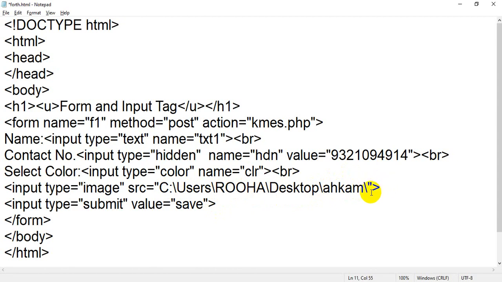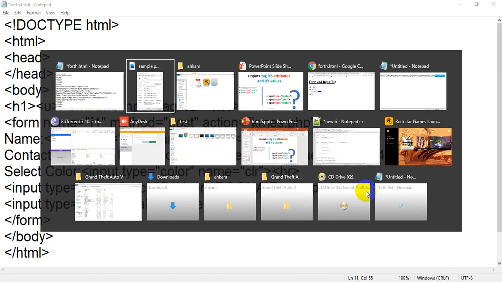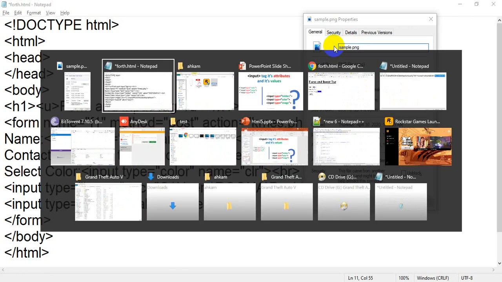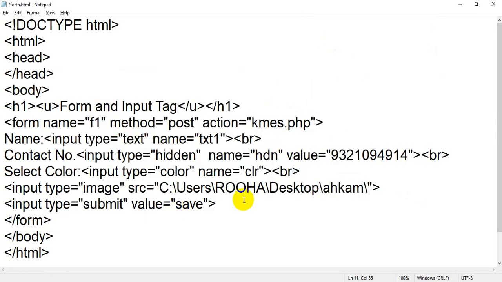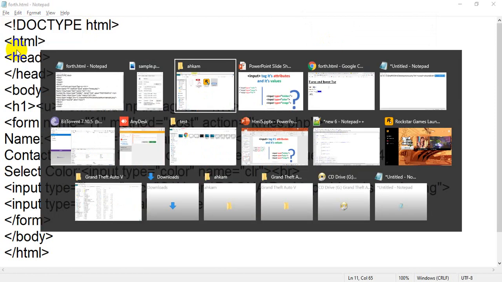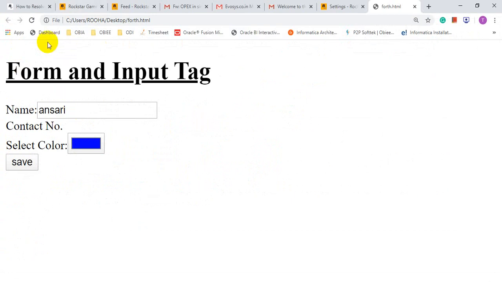After that we have to assign the name of the file. So what is the name of the file? On top you will see it. Don't type, just copy it, because when you type the name, you may create certain errors or misspellings. So just copy the file name and go back to your notepad and save the file. Sample is the name of the file, and what is .png? .png is the extension or type of this image. So save this, flip back to your browser, and just refresh this.